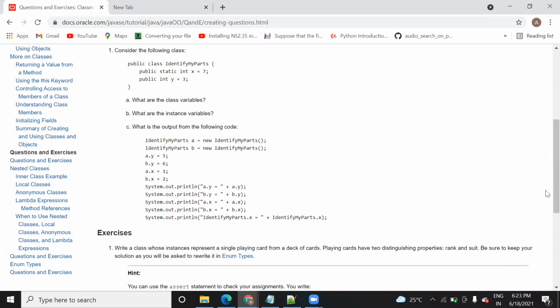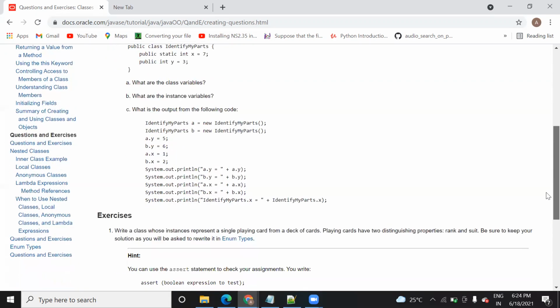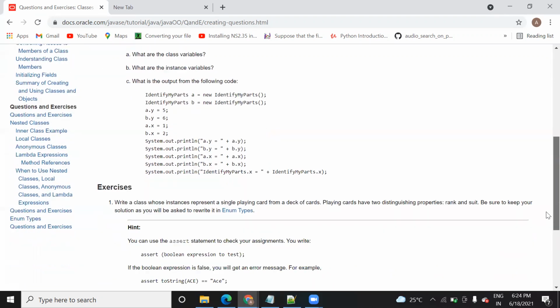Can you tell me what an instance variable and a class variable are? Just try it. It is not mandatory that you will have a correct answer, so that we can see the answer and find it out from there. Okay, I think the class variables are x and y. And what is the instance variable? Okay, no wait, public static integer x. Okay, x is a static variable. I think y is the instance variable.